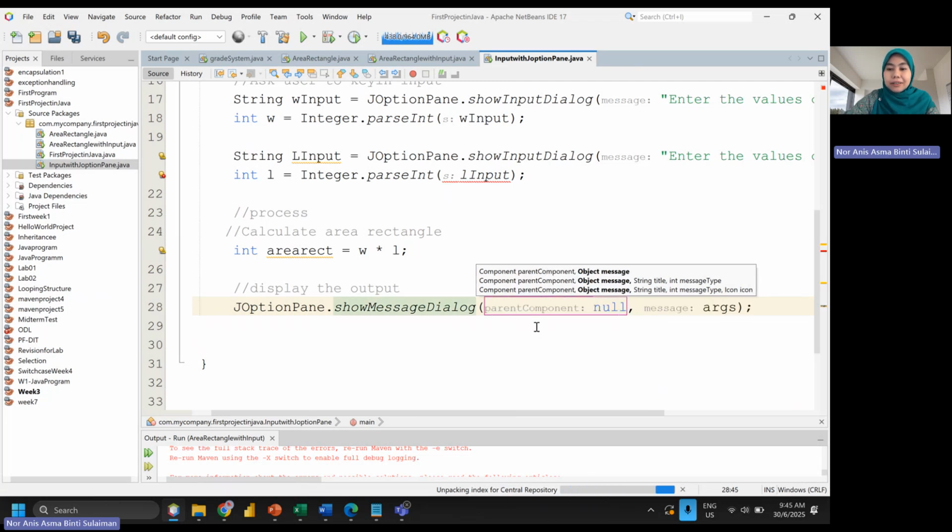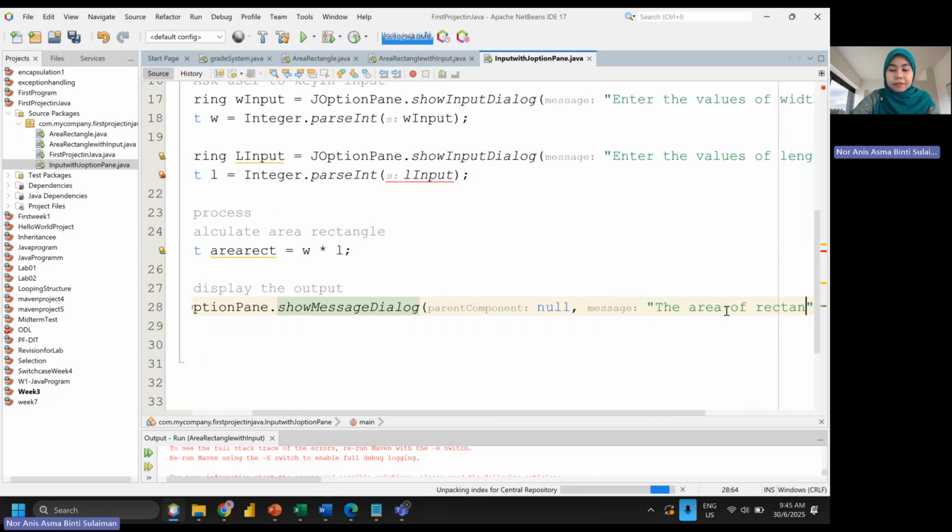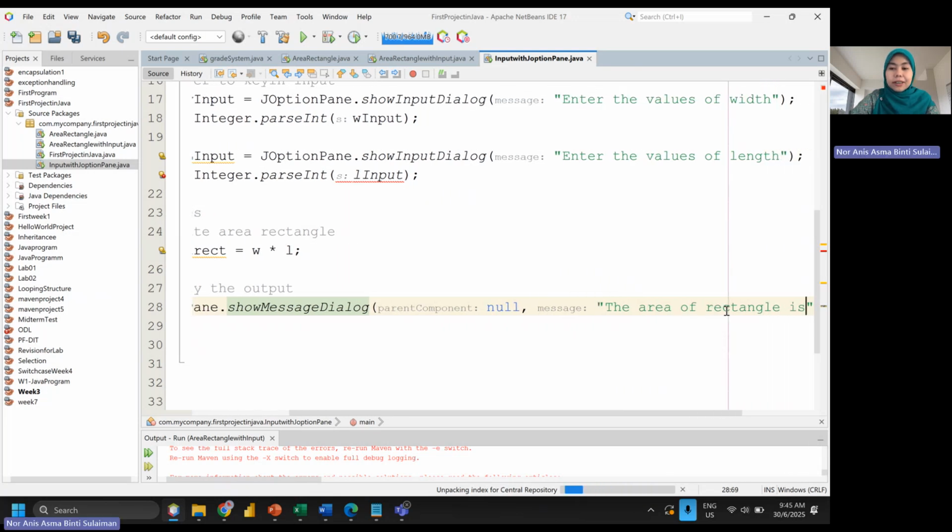Then the message here is not args; you just remove it and put "the area of rectangle is".